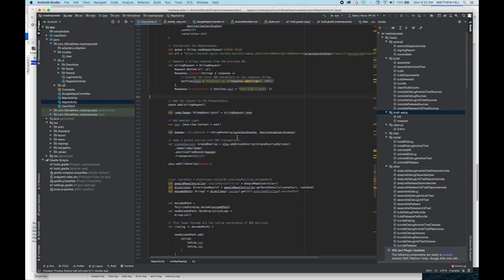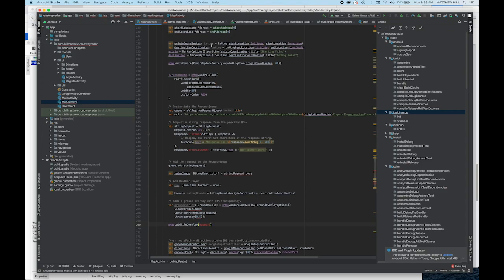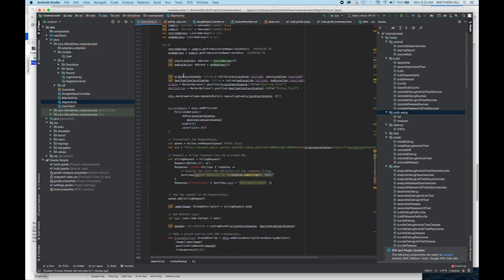That being said, I did find a way to draw a line between the origin and the destination. So as you'll see, we put our origin marker and our destination marker on the map. We move our camera to hover over the origin at a reasonable zoom level, 8f. I think it's on a scale of 1 to 20, 20 being the most zoomed in. And then we take our current route, which is